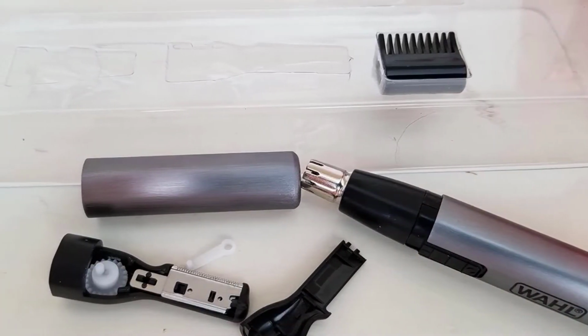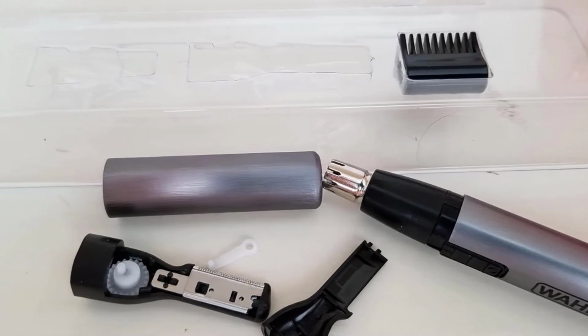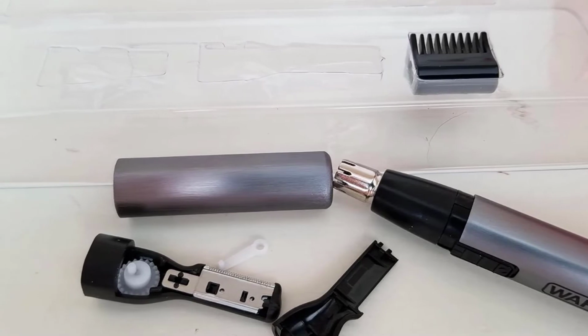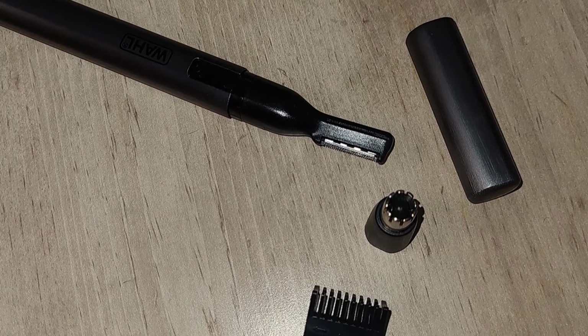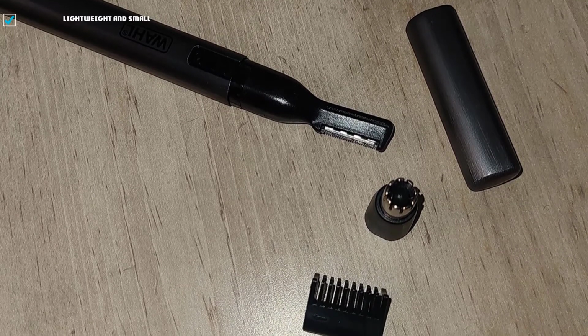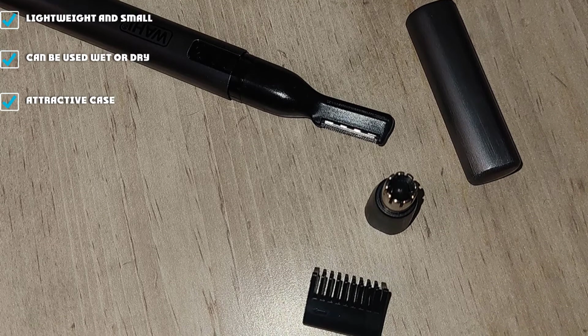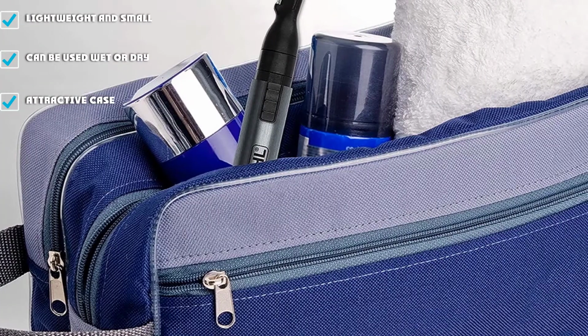Like its full-size counterparts, it has a battery-operated rotary head in this case. You're looking at one slim AA battery to power it. It's fairly self-explanatory to use, however the manual is less than stellar but provides a general idea. Along with trimming ear and nose hairs without snagging or pulling, you can use it to quickly maintain other facial hair on the go. Although it's clearly designed for